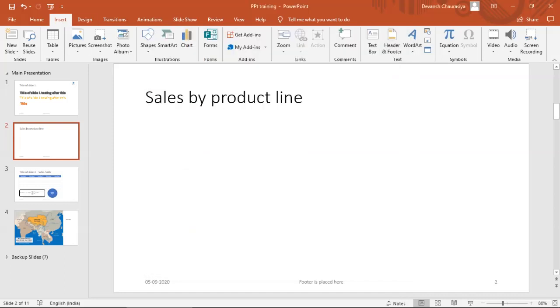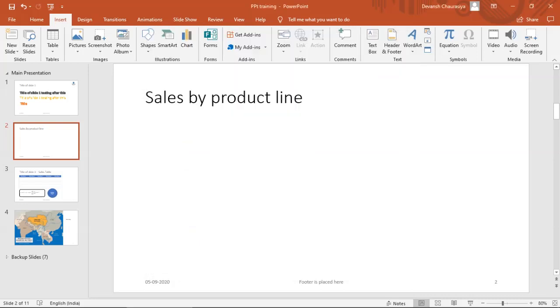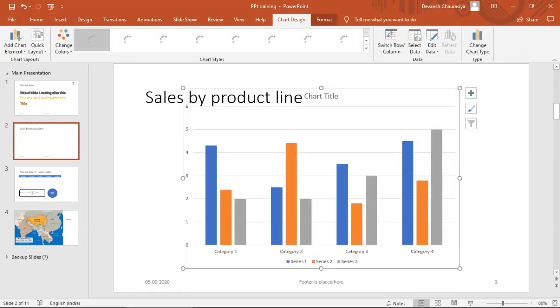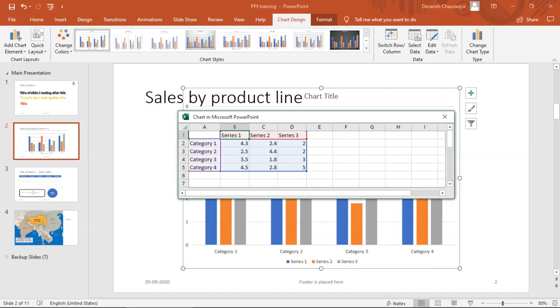Let me start again. I come to insert, I go to chart, I come to column. By default it will be on column, and I want the column like this, and I click on OK. Now a column chart is inserted on my slide with some dummy data.